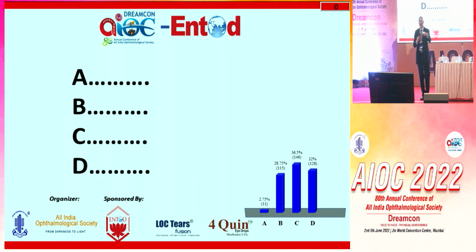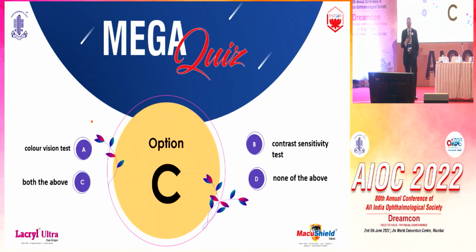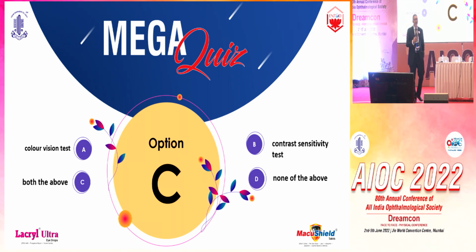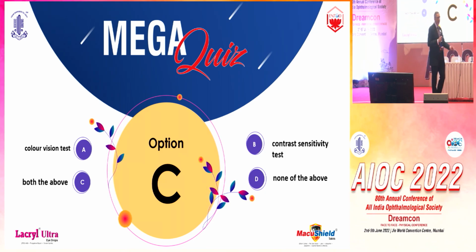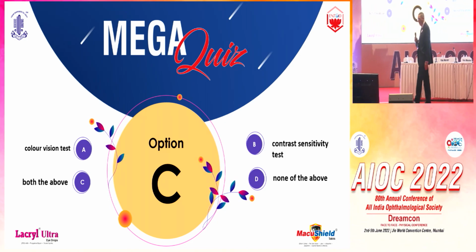And it's equally distributed between both the above, none of the above. And the correct answer was option C, both the above. So as I told you, logically whenever I put this, go for both the above, most of the time you will be right. Next,